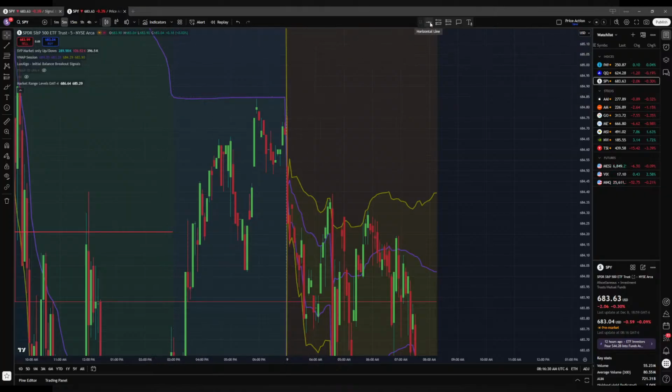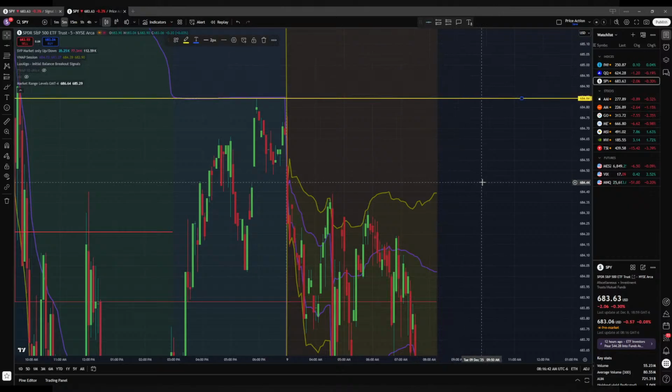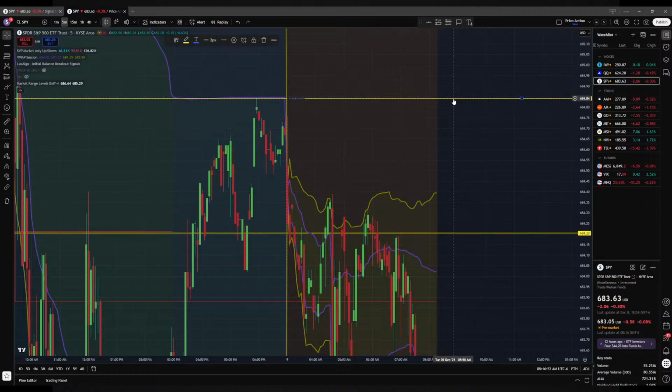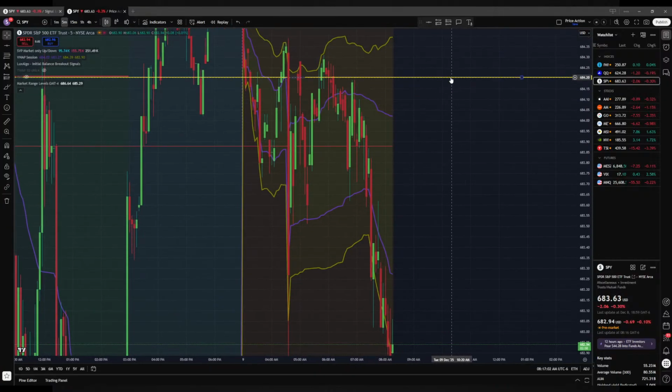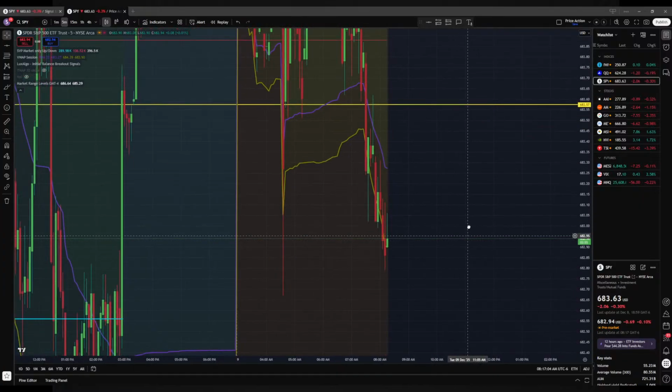So first, looks like our, excuse me just a second. All right. Right here is our overnight high. I want to make that white because the yellow I use to mark out the VAL when I enter a trade, or the VAH when I enter trades, because those move sometimes when you're in a trade. And then the low,